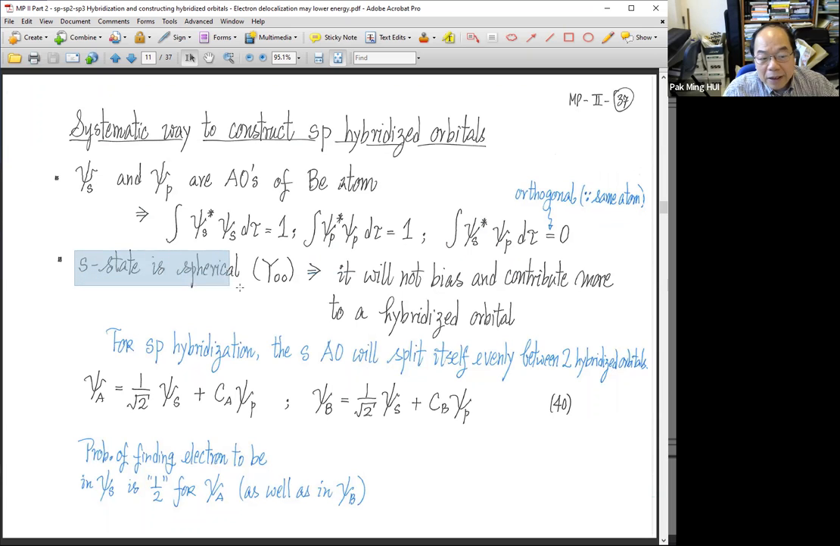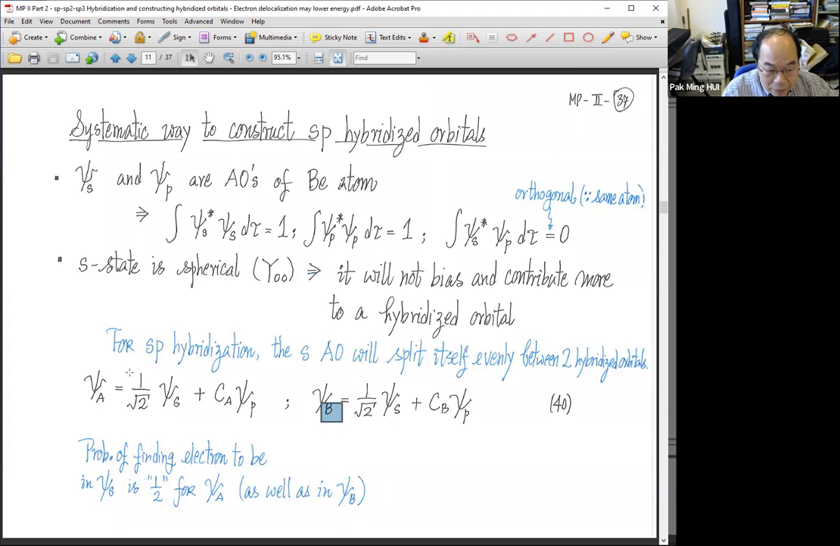The s state is spherical in shape. Therefore, in forming the directional orbitals, the s state will not bias one of them. You are going to form two. So the s will not say, I will put more of my share on the left-hand side and less on the right-hand side, or the other way around, because it has no direction itself. What does it mean? It means the following. When I try to form the two hybridized ones, I call them A and B,